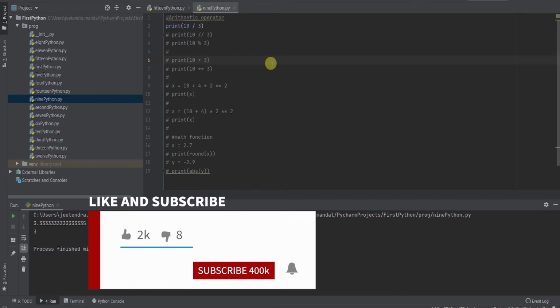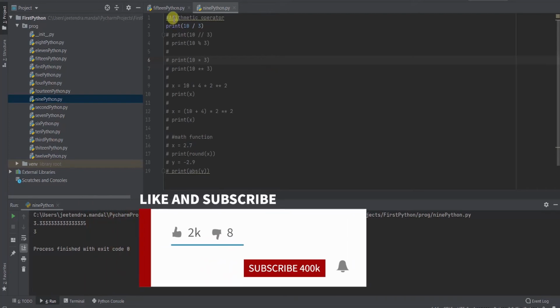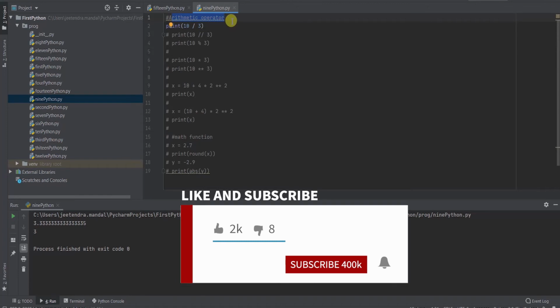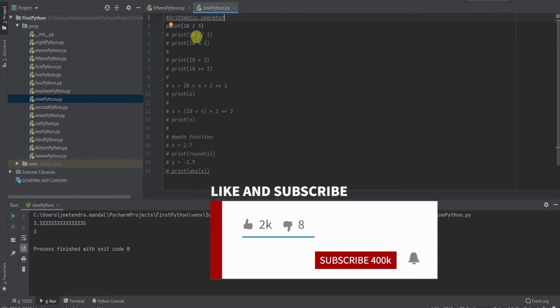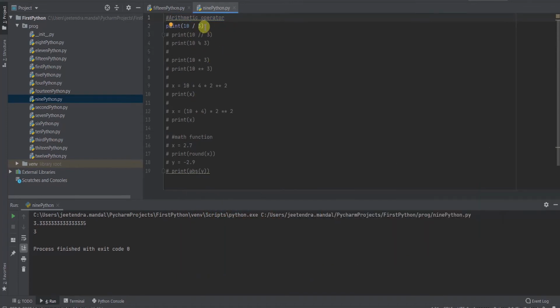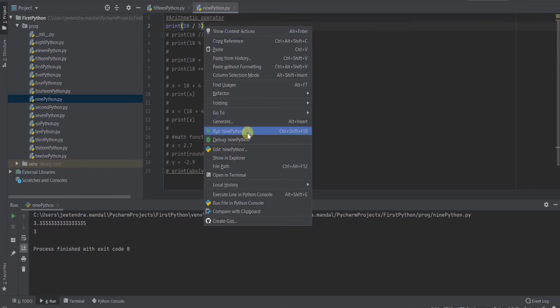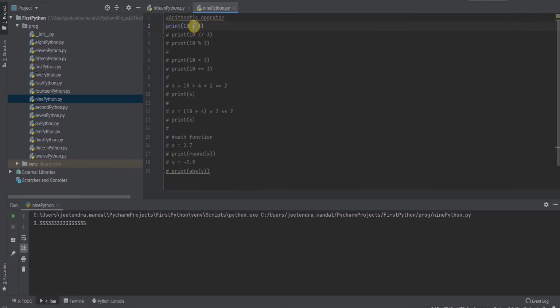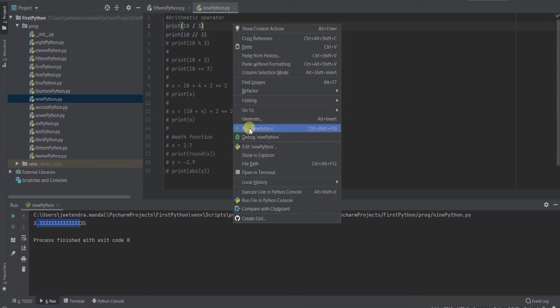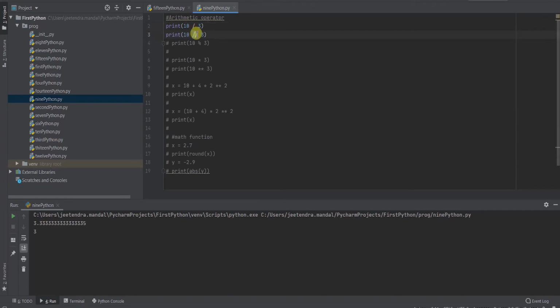Considering this, what we are going to do now, we'll see some arithmetic operators. Like arithmetic operators, we have plus, minus, multiplication, division, and all. So we'll first see the division operator. So 10 divided by 3. This is the division operator in Python. It will give you floating point values. If you want the absolute value, you need to do double slash. With this you can see I got the absolute value as well.